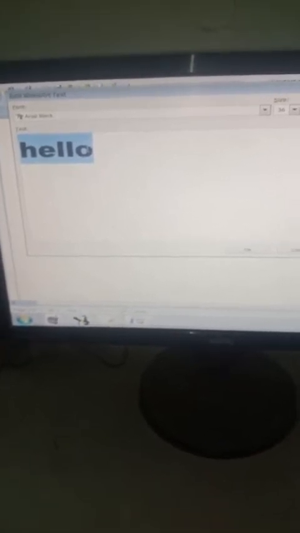So you can also change the content of the word art. In order to change the content of the word art, select the word art, move to the format option, and there move to the edit text. In the edit text, you can type the new text that you want to insert. Like suppose I have typed good morning.